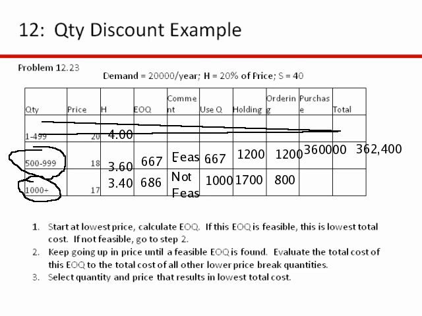And so if we look at the purchase cost, it's going to be 20,000 times $17, which is 340,000. So our purchase price is 340,000. Okay, so this is going to give us a total cost then of